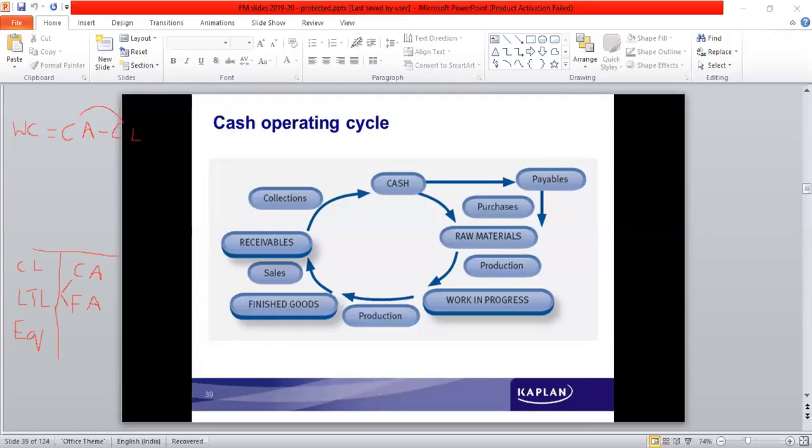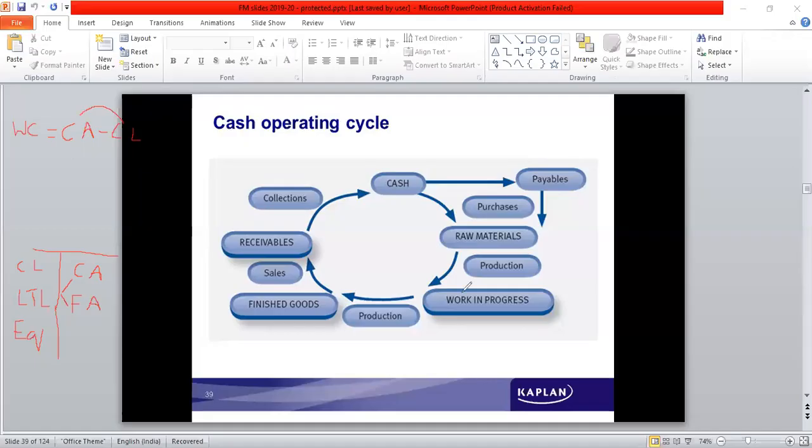But at the same time, the way credit facility is given to the customer, suppliers also might be giving the credit facility to the business. So there is a credit period offered by the suppliers, by taking the benefit of which their payments can be delayed. So operating cycle can be calculated as the days in which the cash is held in inventory, plus the number of days in which the cash is held in receivables, minus the delay in terms of making the payment to the creditors.